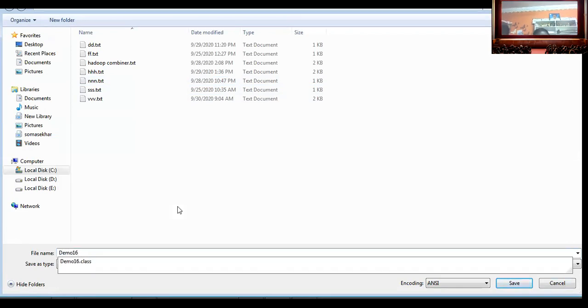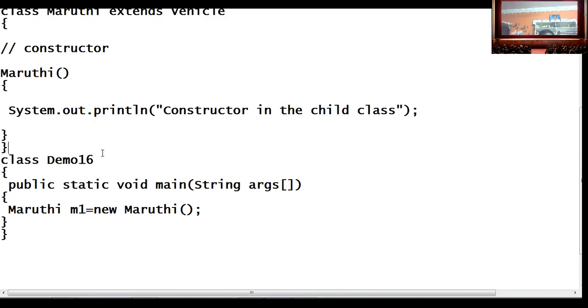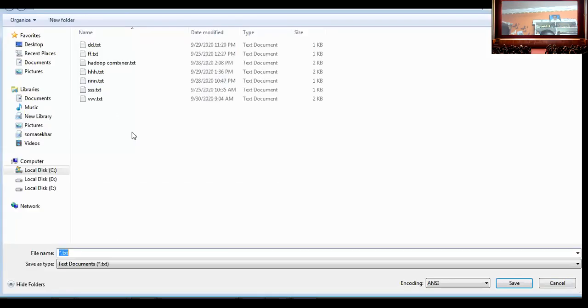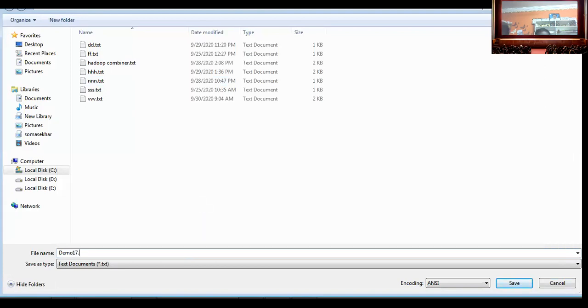Demo 16 already exists, so you can name it Demo17.java.